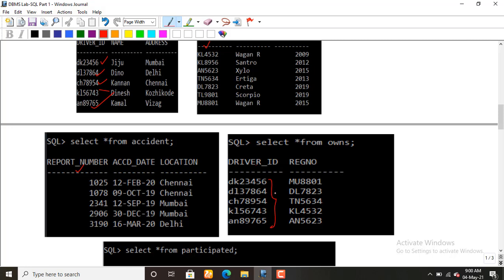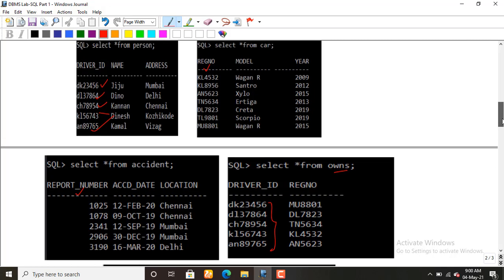Okay, so you can't change the data, or you can't enter new data into the table in the wounds table. If you are trying to enter new data, it will prompt an error. The new data should be added in the parent table first. So if you are adding new data in the driver id, first you should add it in the person table. The same thing is repeated for registration number, which is a primary key in the table car. So all the values here are already present in the parent table.